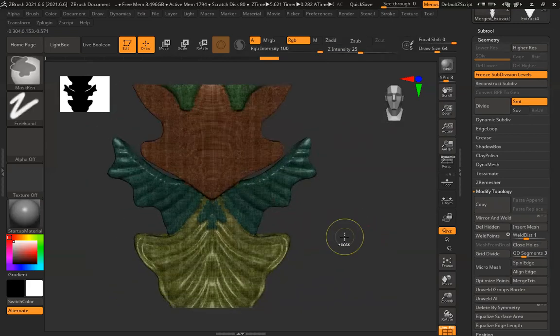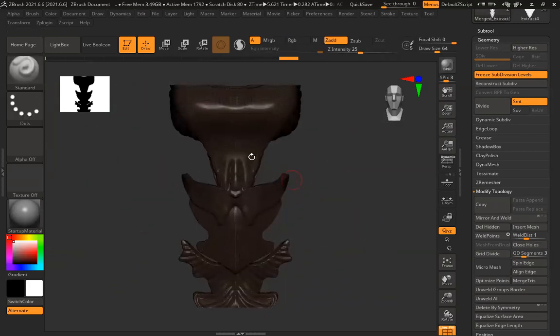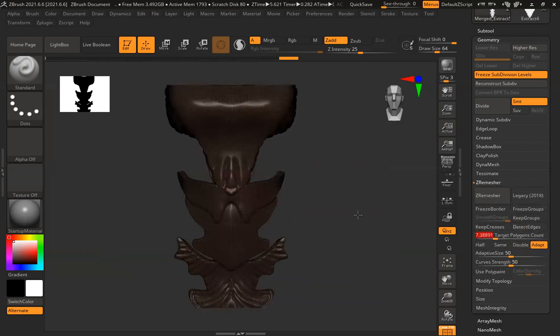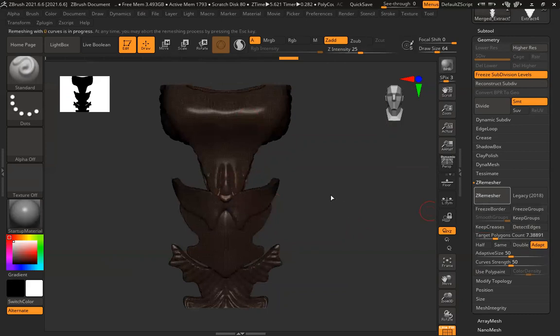Dynamesh, everything combined. Control W, one single solid polygroup, and make sure this is a symmetrical model, right? So make sure symmetry is on. And then I'll go to ZRemesher. I'll set my poly count, maybe 6,000-7,000, and remesh. So it will give me at least the base model where I can just add a little detail or refine it slightly and make it game ready. So I don't have to do manual retopo for this entire thing. I can reduce my workload like this, and I can speed up the entire process.